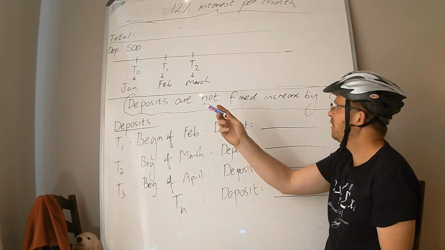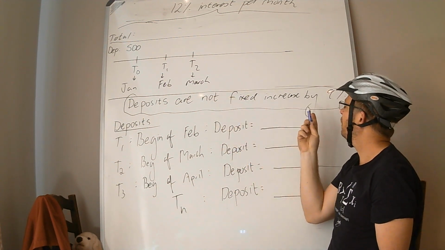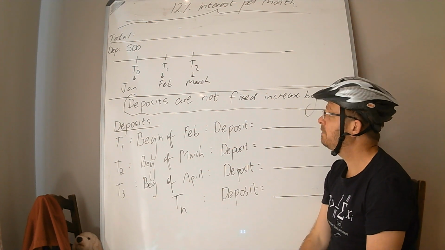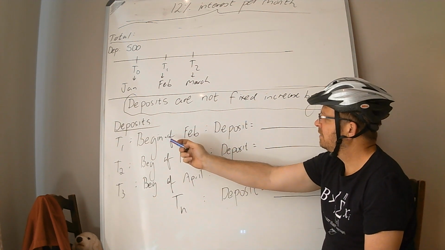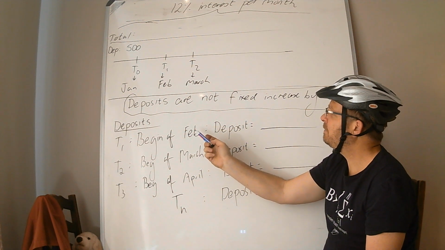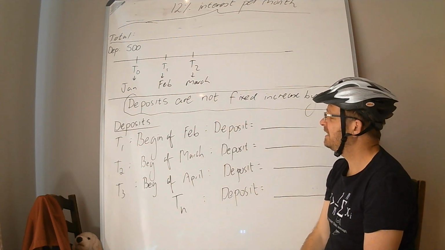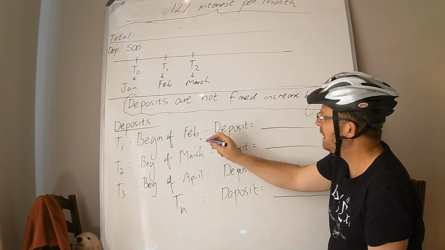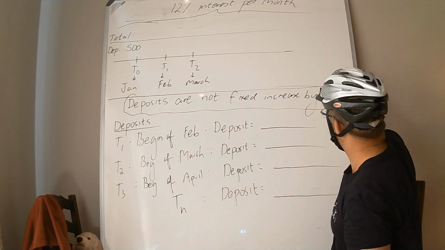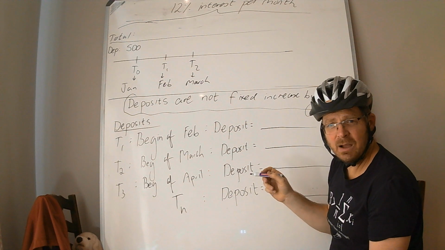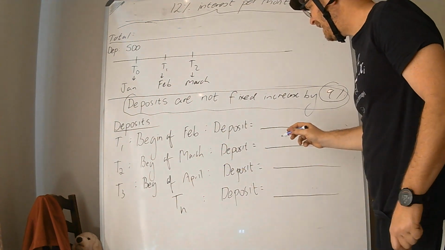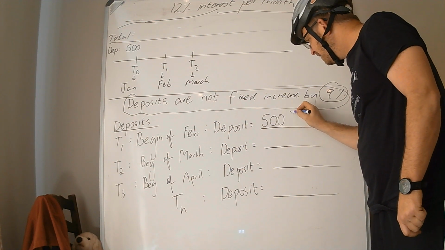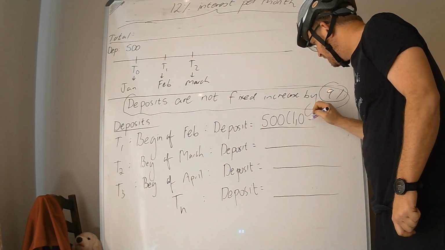So the key idea is her deposits in this case are not fixed, but what she's putting in every month increases by 9%. So what's her deposit going to be at the beginning of February? Well, her deposit at the beginning of January is 500 Rand. So her new deposit will be, if you're applying 9%, how would you work out how much you've got? If you apply 9% to 500 Rand, to increase it by 9%, it would be times by